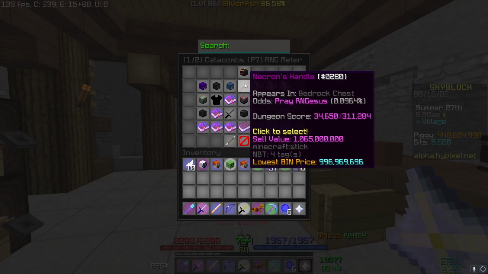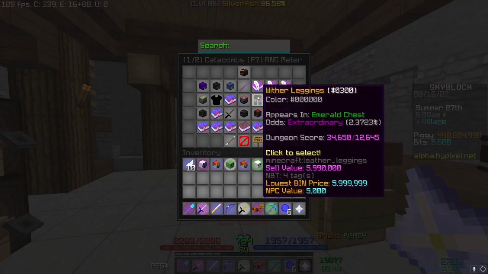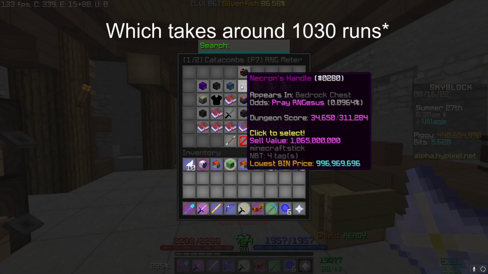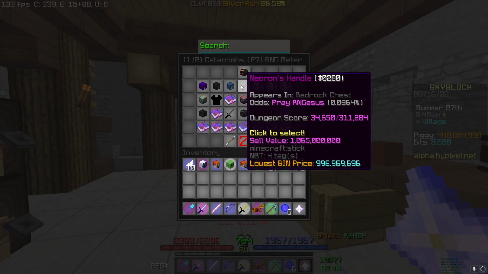And you can see here that if I hover over each one of them, it's going to show me a certain amount of dungeon score that is needed. And basically what that means is, at the end of the run, when you get a score like 303, 307, whatever, once you get 311,000 score, for example, in total, your next Bedrock chest will have a 100% chance to